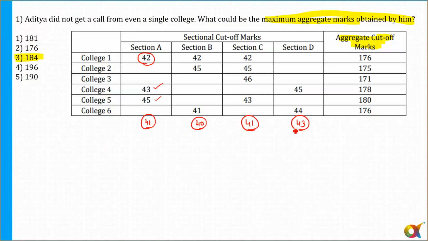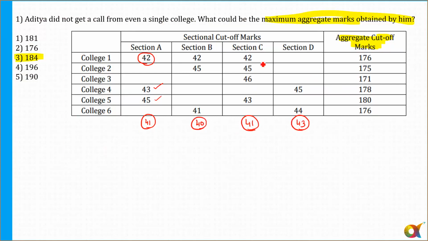Now, I need to maximize the total scores. Some of you might have done it just by adding this. I'm not sure. Now, I need to maximize the total score. So if I want to maximize the total, what should I do? Can I say I will try that in 2 of the sections I get a score of 50, but एक section में, because remember in section C, okay, no, not 3.